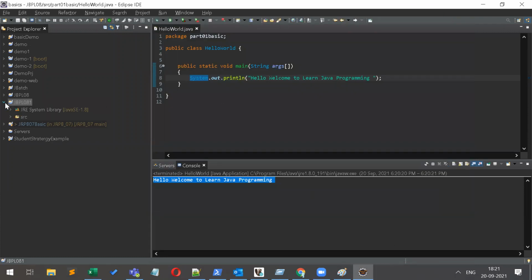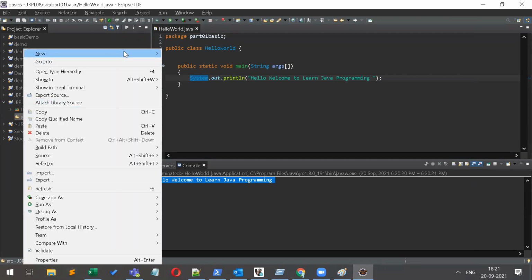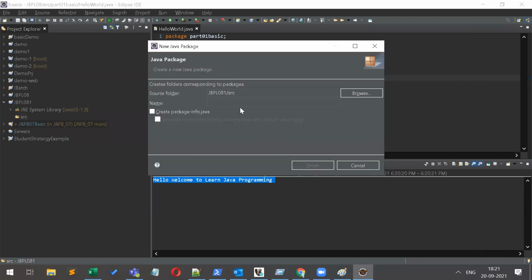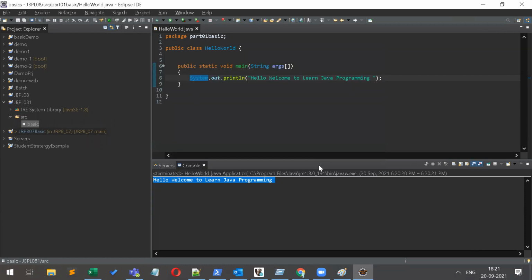Then you have to create a package inside the src folder. Just right click, New, then Package, and give any name you want. I am putting only basic, then Finish.